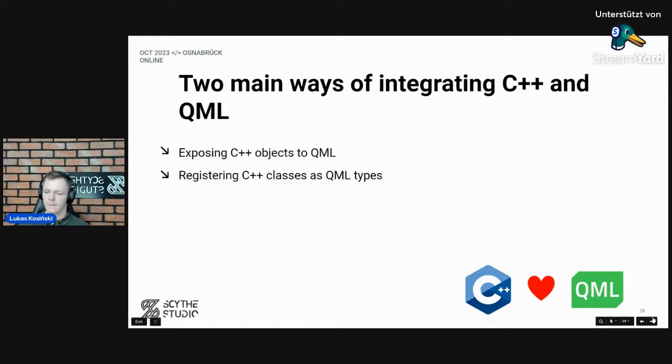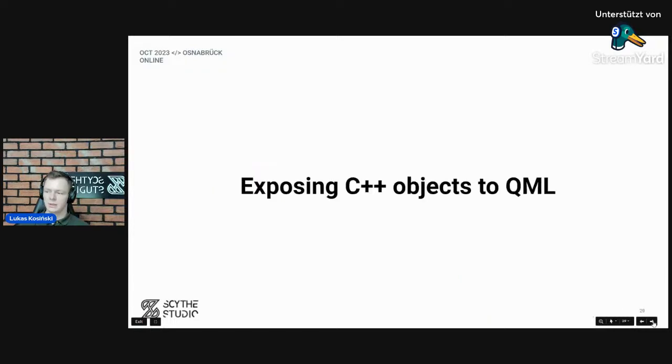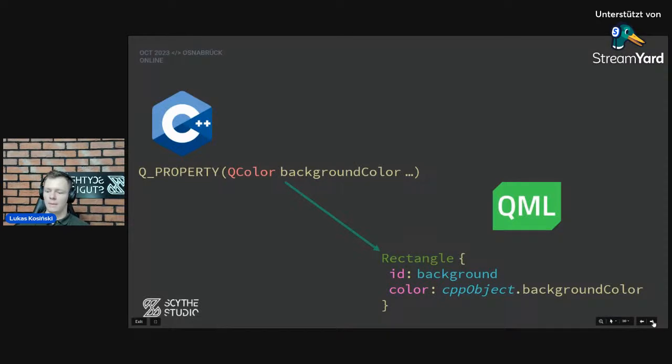What's the difference? Exposing C++ objects to QML works in a way that we have an object instantiated in C++. We have an instance of a C++ object instantiated, I don't know, in main.cpp or some other place.